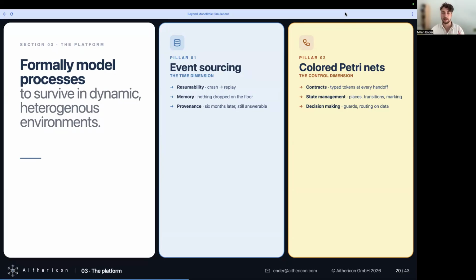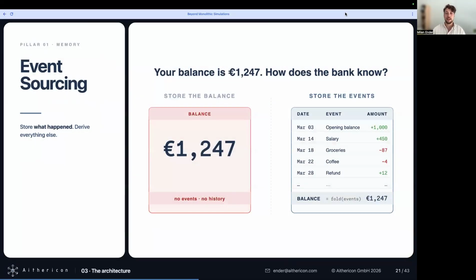And the other basis is, of course, we want to have deep control over our workflows and deep provenance. So we need to really have some ability to see where things are, where we are standing, where things are breaking, which system hasn't contributed and maybe has a problem. Because of course you need to be good at debugging if you want to have any chance to win. So the first topic I want to introduce here is called event sourcing.